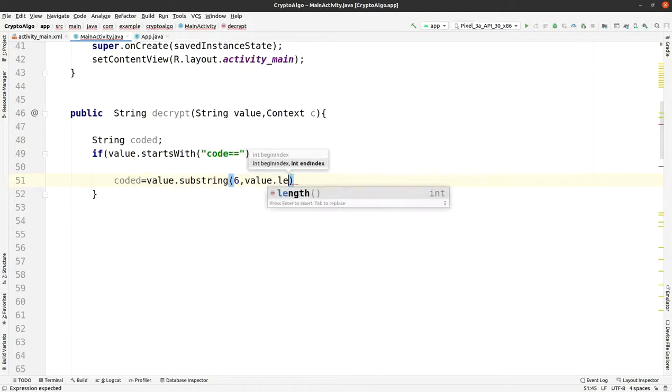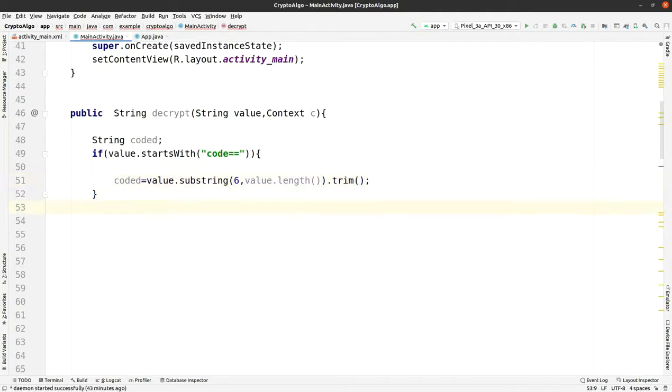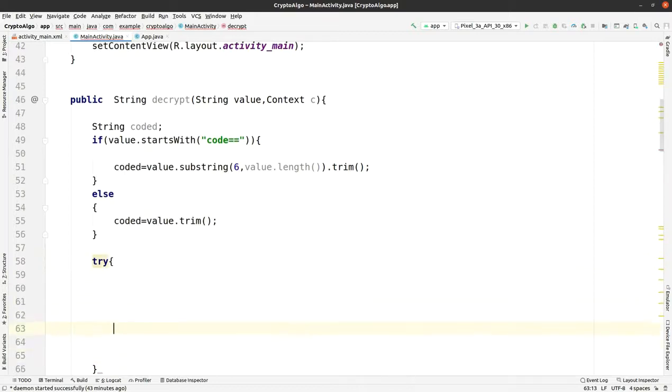We will be taking the string value from after "code==" to the end. Okay, so "code==" is of 6 characters, that's why we have passed 6 comma value length. Then if it is not of that, we are passing just else, and we are just trimming the value.